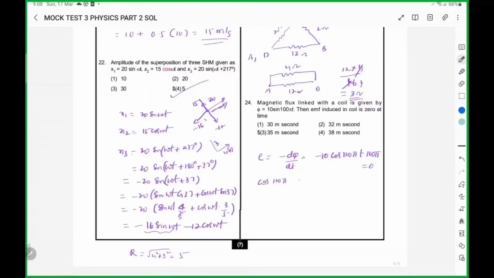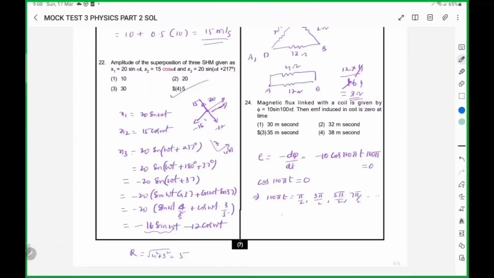Cos will be 0 for odd multiples of pi by 2, which implies 100 pi t will be pi by 2, 3 pi by 2, 5 pi by 2, 7 pi by 2, and so on. In the given options,